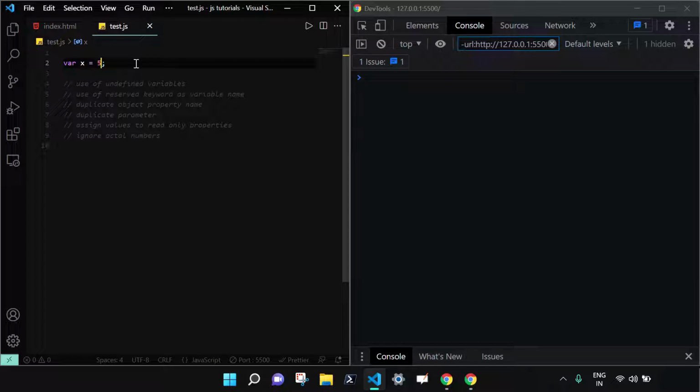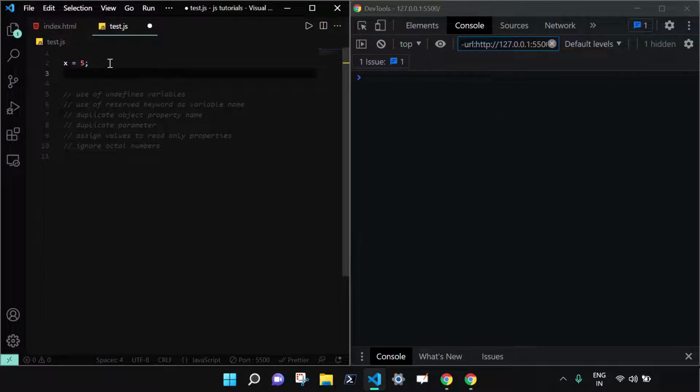Currently I'm not using the strict mode of JavaScript. We are using what you can call sloppy mode. It is not an official term, but I'm just using it. So what we can do is simply ignore this var. If we ignore this var and type something like x is equal to 5, in that case JavaScript will not give us any error. Let me save the file, and as you can see, there is no error.